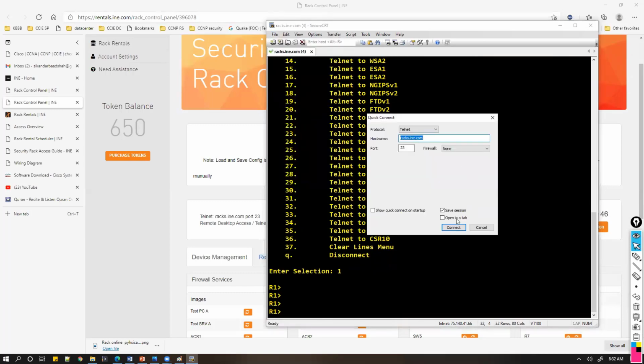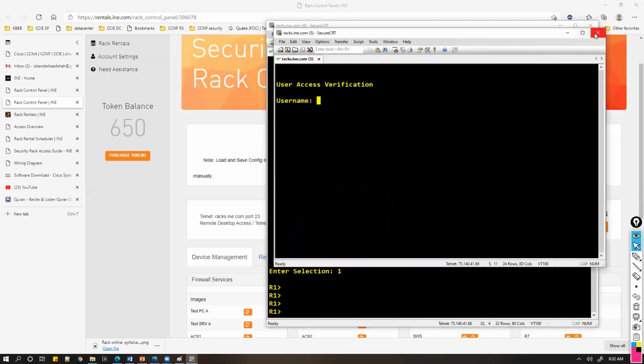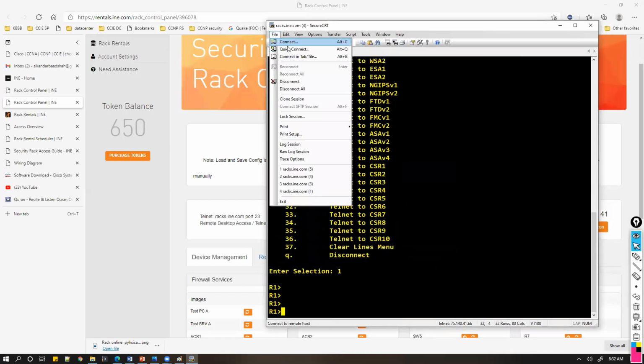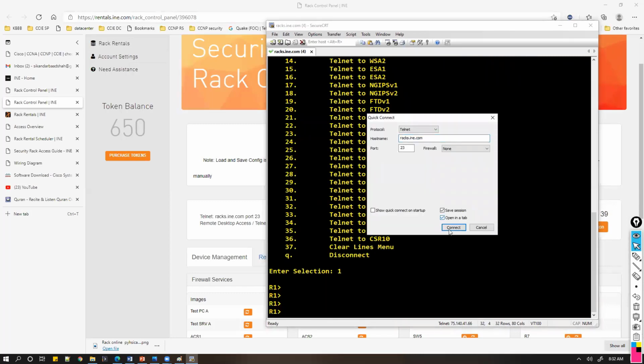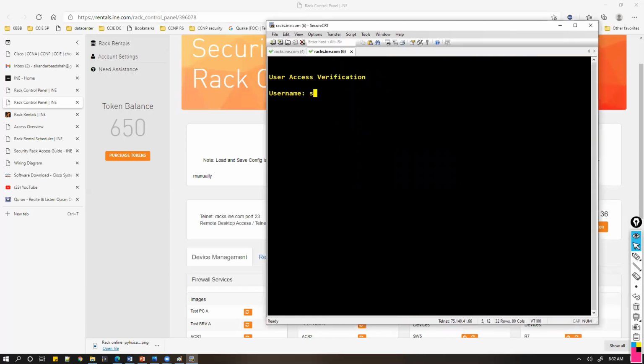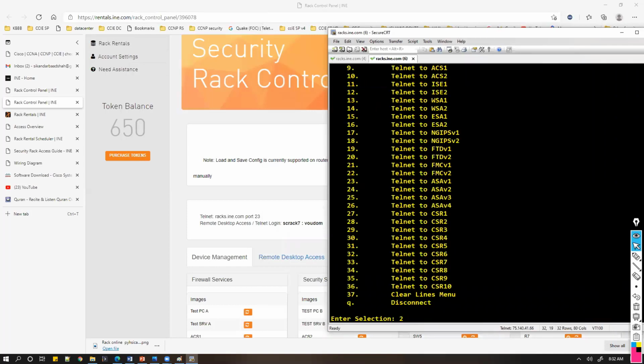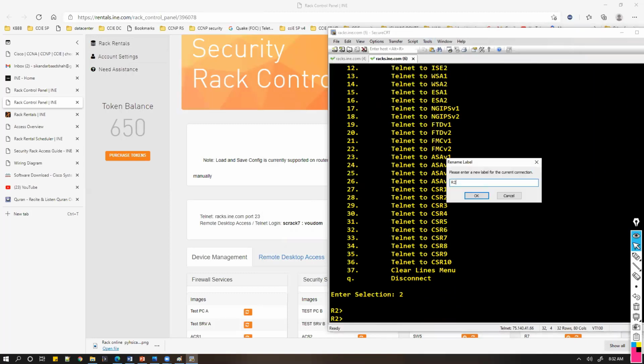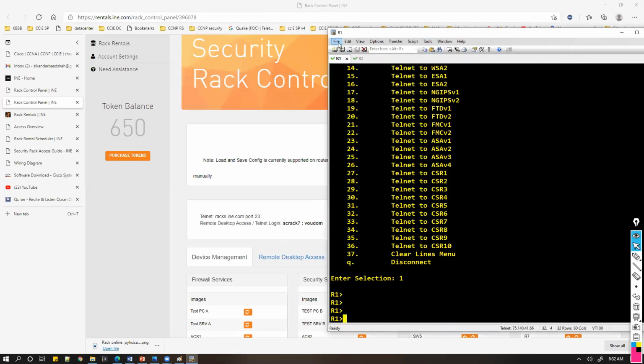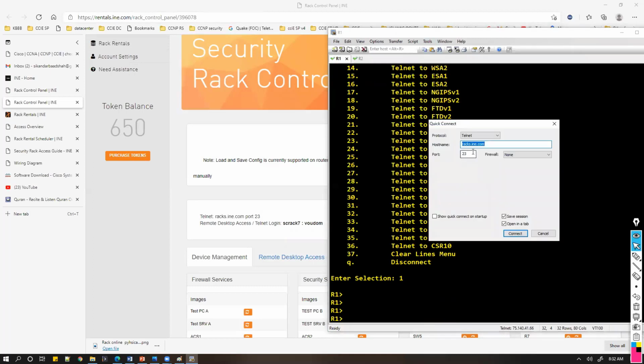So I'm going to connect again in a new tab. Let me quickly connect, and I can say open in a new tab. Again, you have to enter the same scrack7 and then enter the password. Now this time I want to go to router 2. So now I'm on the router 2. These things you can rename so that whenever you are moving between the devices, you should know exactly which one you are using. Similar way, you need to open up the console for switch 1 and switch 2.